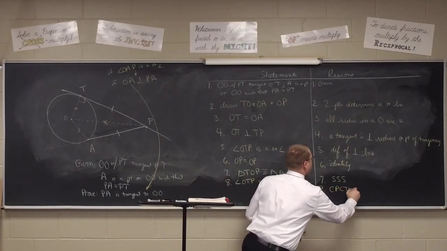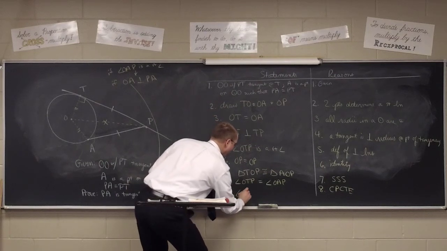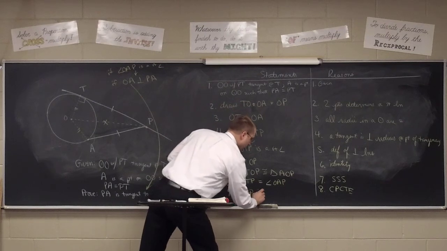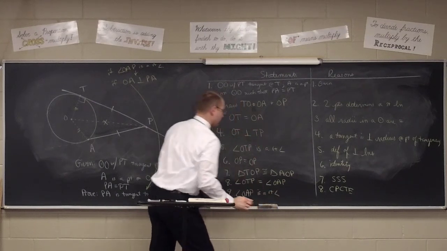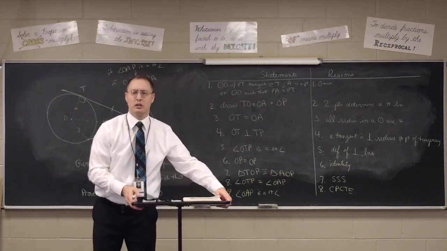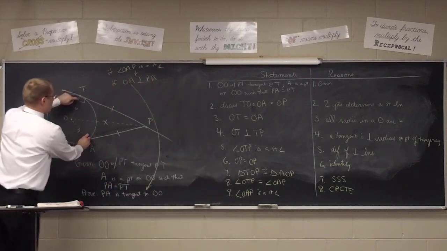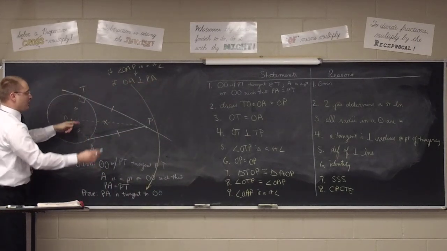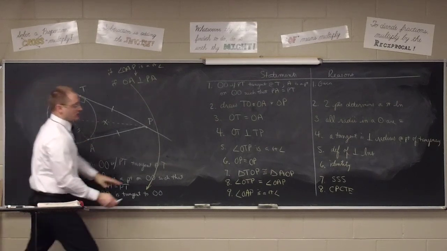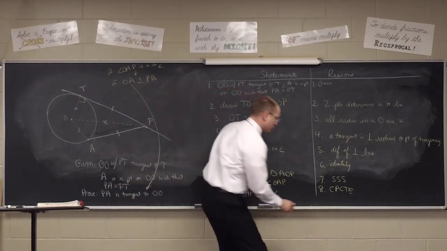And if that's true, then the angle OTP is equal to angle OAP by CPCTE, which means because angle OTP was a right angle, number 9, that means that angle OAP must also be a right angle by, I'm sorry? CPCTE. These two angles are equal by CPCTE, and since this is a right angle and these are equal, then this is a right angle by substitution, right? We're substituting OAP right there where it says OTP. It's just a substitution